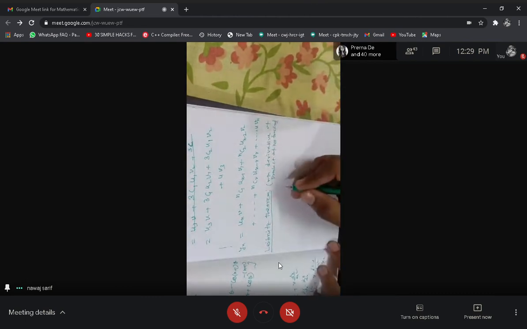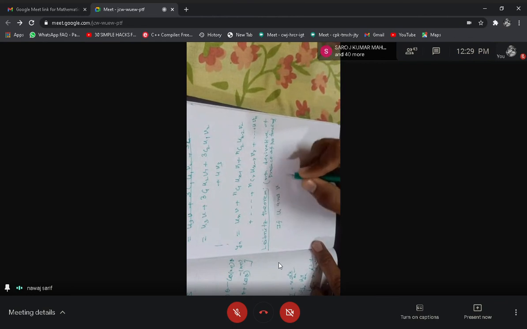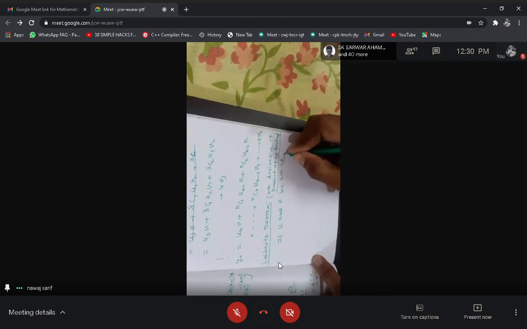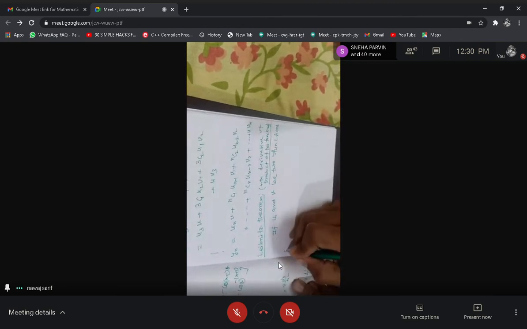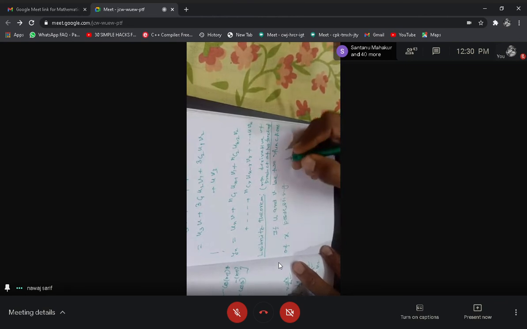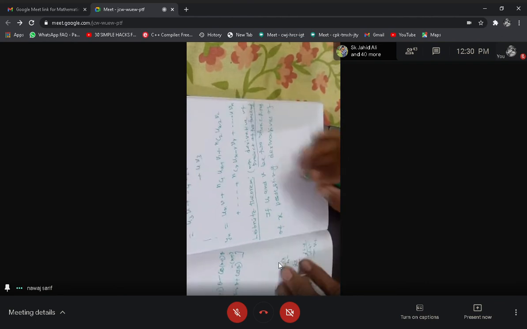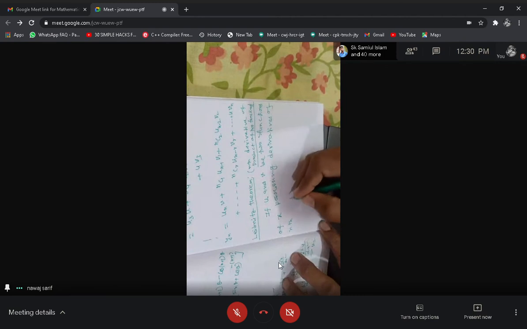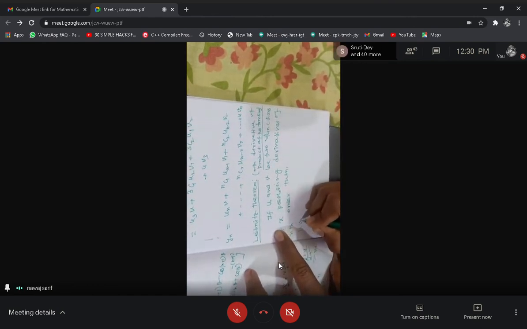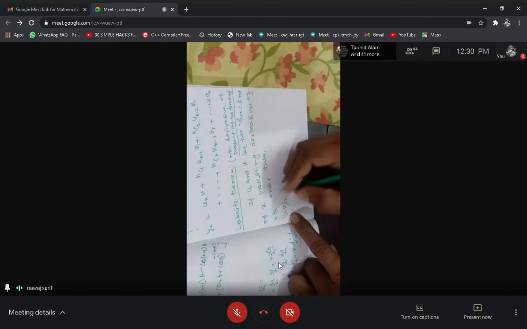Okay, if u and v be two functions of x possessing derivatives of nth order, then (uv)n, that means nth order derivative of the product function uv, is equal to